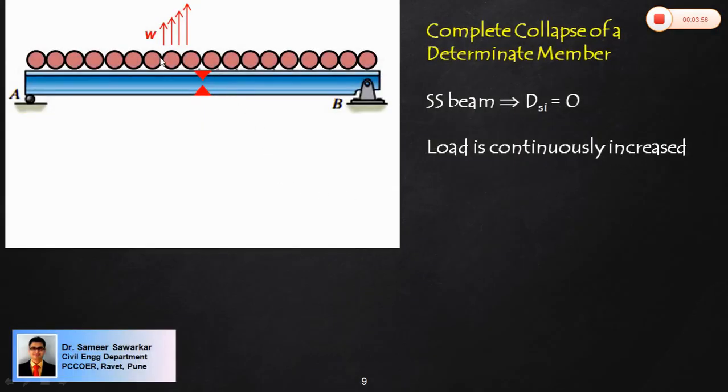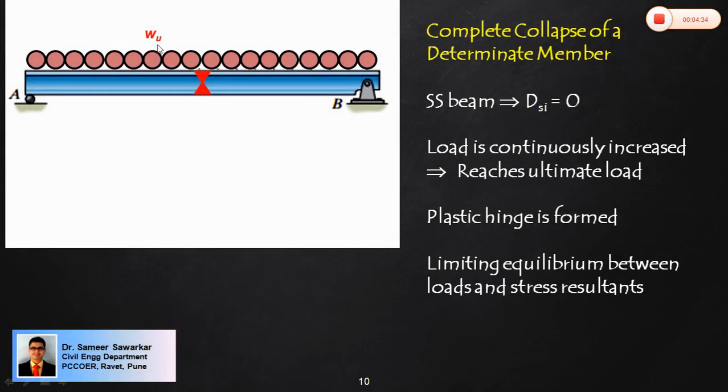Now we are imagining that this loading goes on increasing, or the intensity goes on increasing, so that you observe that at a section where bending moment is maximum, the extreme fibers have undergone yielding, and gradually the yield is spreading inside also. It is getting further and further enhanced through the depth into the section. So load is being continuously increased and more fibers are undergoing yielding.